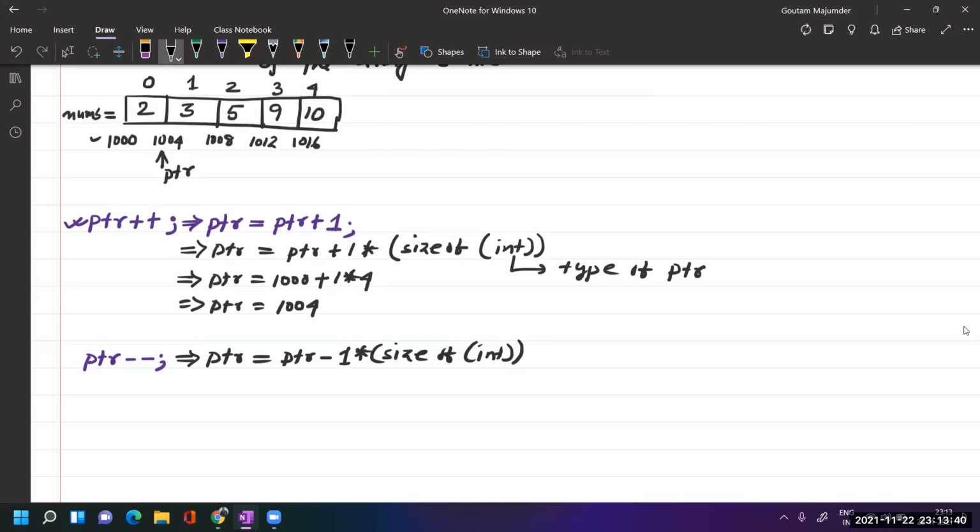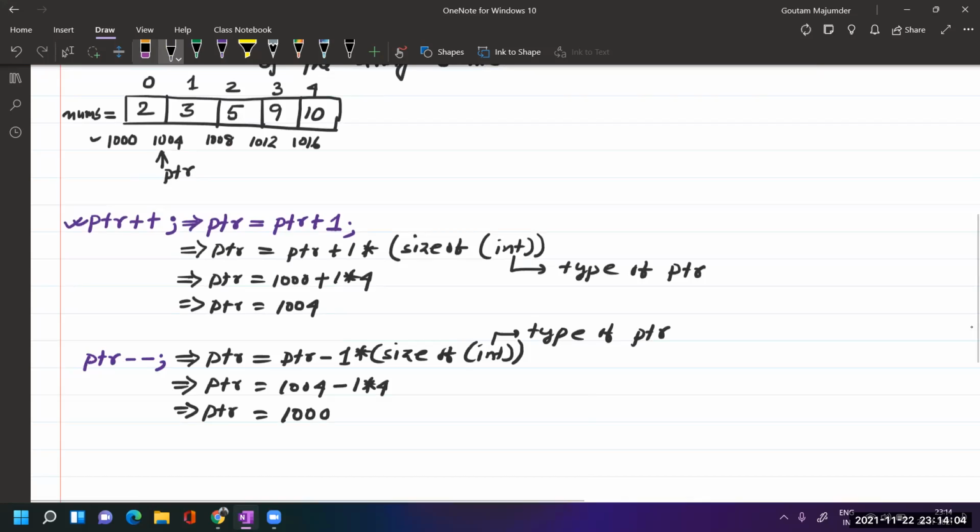Here what is int? Again the same, the type of ptr. So if we solve now, what is the value of ptr? 1004 minus 1 into 4. So now ptr will be 1000. So again, ptr is back in its original position, pointing to the base address.